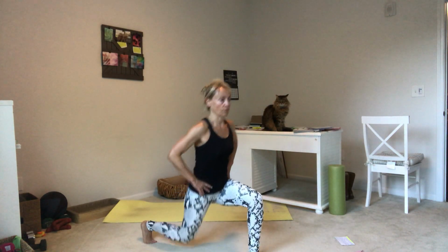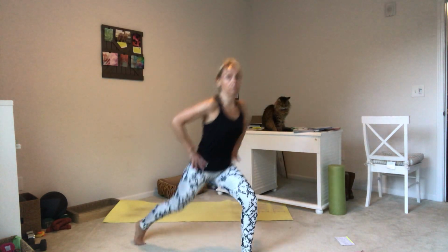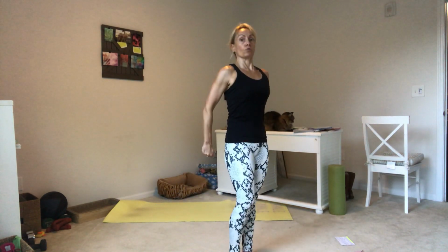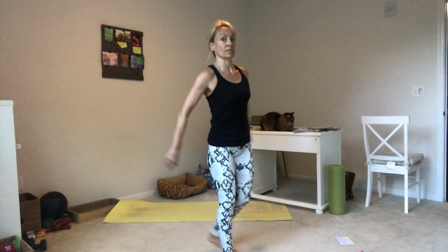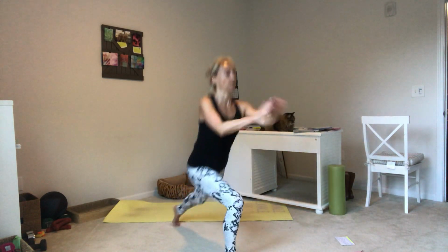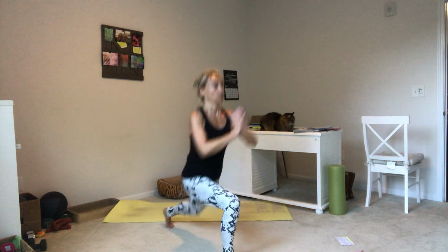1, 2, 3. Every time you come back up, you squeeze your butt cheeks together. Squeeze. Don't throw your back into it, don't arch. Just squeeze your cheeks together, keeping the abs nice and tight. Down, up. Let's do 12 more. 1, 2,